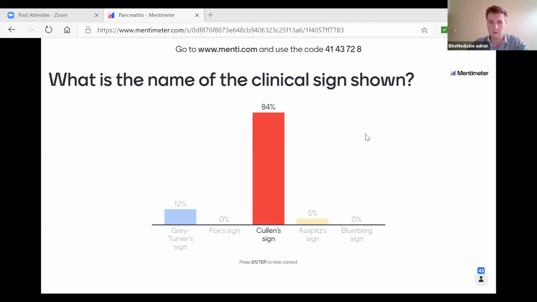Flanks. Yeah, fantastic. Well done, guys. So in the flanks. So if we go back to our